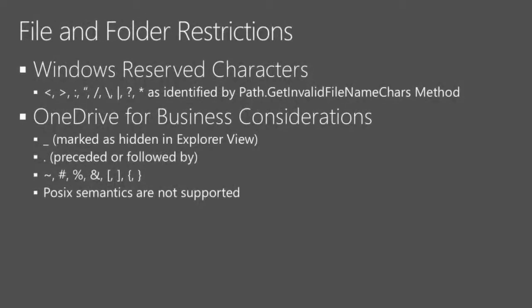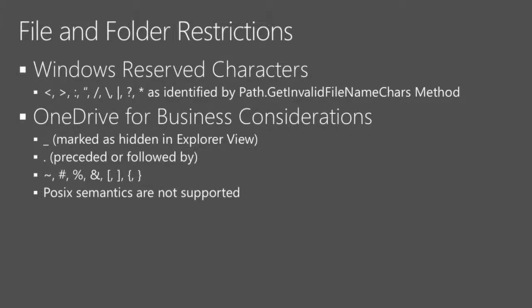Now, one of the things that trips up a lot of earlier migrations is the restrictions in the OneDrive service. We have some file name characters that may be common on a Macintosh that are either reserved in Windows, or that OneDrive for Business itself doesn't support at present. The other session earlier in the week from Jason Moore on the Sync Client Roadmap covered this in more detail, but we'll see lots of these things, especially if a name starts with a space or an underscore, for